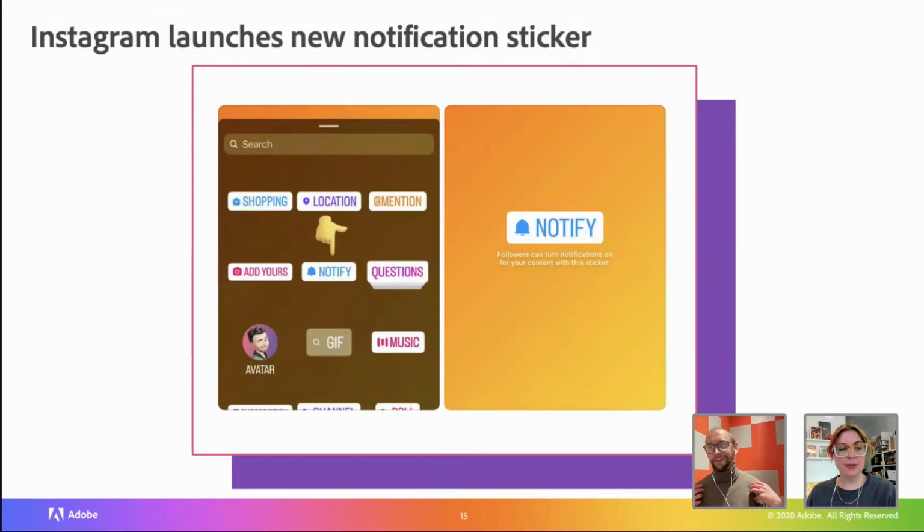rather than leaving it up to algorithmic chance as to whether people see the content. So this could be a really useful one. There are so many cool stickers too. I was looking for something and I was like, oh, there are so many stickers I've never used. So that is really helpful. Just every once in a while, look in there.